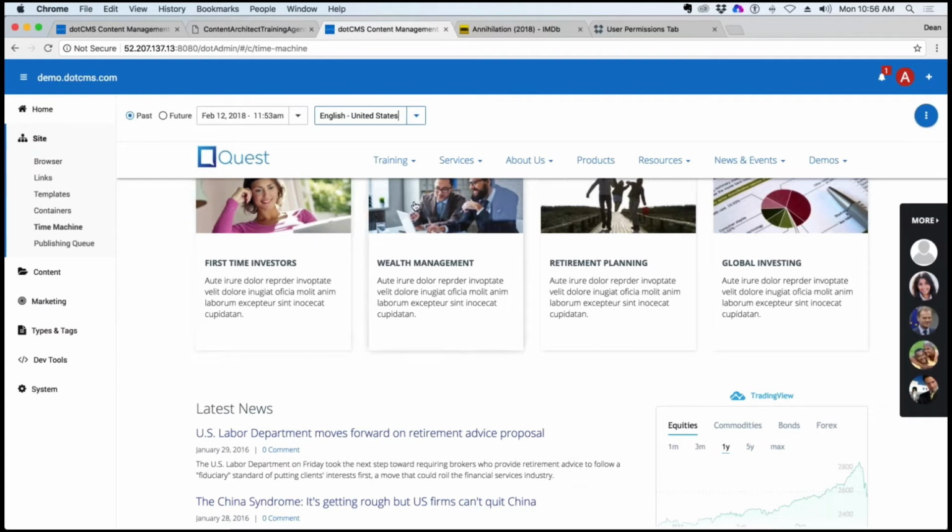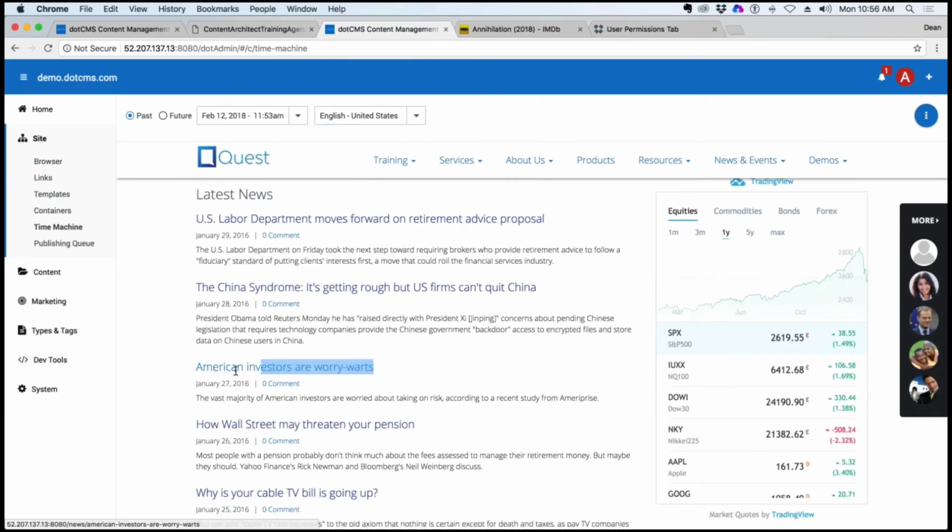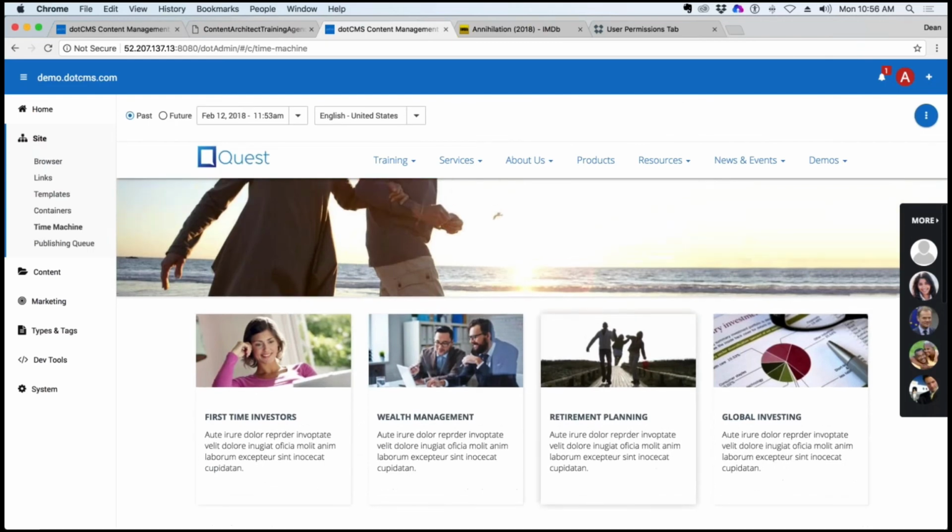So if somebody tries to tell you, oh, the new site is just like it was in the past, or you just, what was the name of that piece of content that was being pulled? I can't remember. I know it was pulling last week. What is it? How can I find it in the database? What's the title for it? You can step back to any prior snapshot, look at it, and then search for the title to that content, or verify with another webmaster what it used to look like,